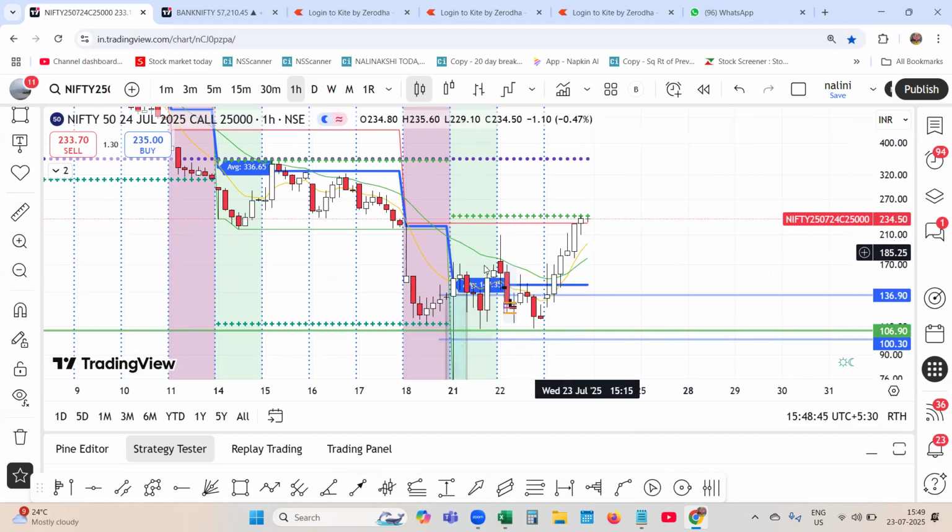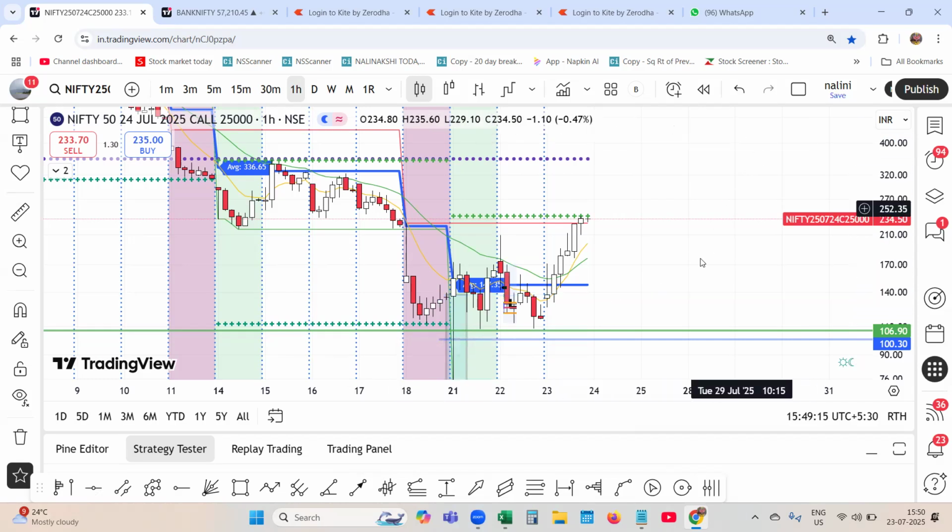Why I'm telling you this, let me explain again. I consider that when Thursday is the expiry day on our market, the 5 days of a week start from the previous Friday itself. Then Friday and Monday will balance out and create a high and low and a balanced line for the market. And when the price starts moving above this balanced line, then it will be a positive thing. Now it has crossed this level and the immediate resistance is around 336.